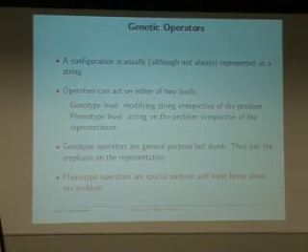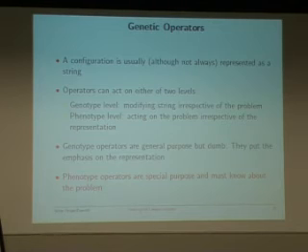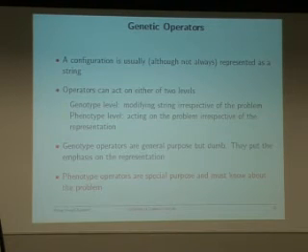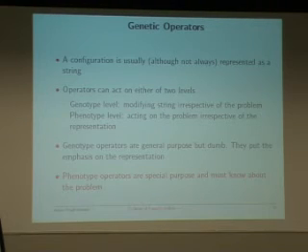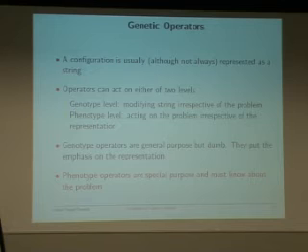So there are these two ways of thinking about how to do a GA. You can think about your problem and what operators you want to make good moves on that problem, or you can just think dumbly: you've got a string, you're doing dumb things on the string, and then you have to think, how do I represent my problem well on that string, to make these dumb operations good.